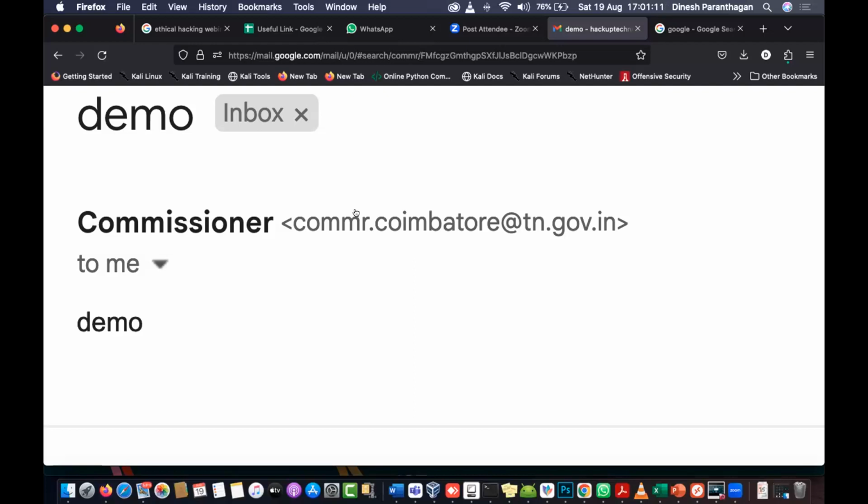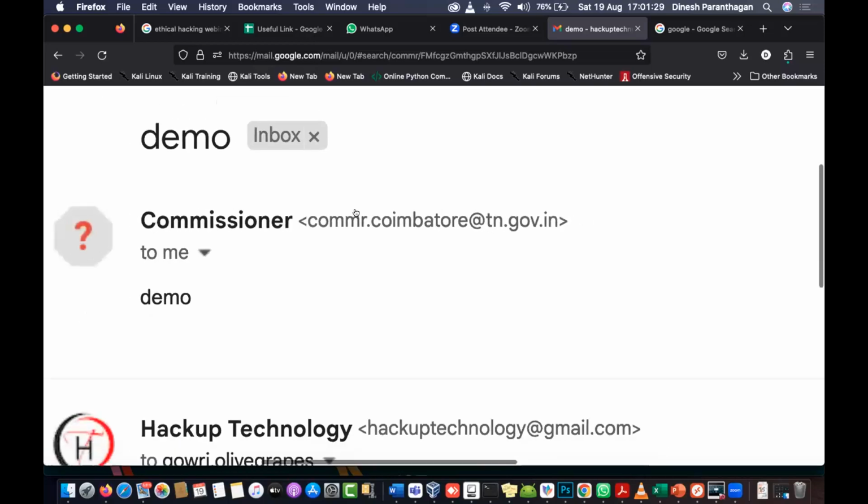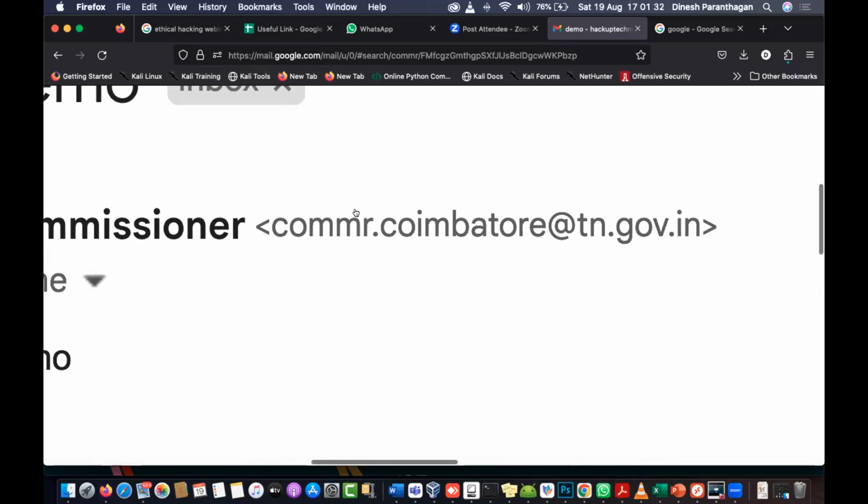In the same way, you may get a mail from your official person or a close person mentioning that there is some need, or asking you to give your credentials for something. So whenever you are disclosing personal information, as the public, what we have to do, how we can process it, and how we can find out whether it is a spoof mail or a genuine mail, I'll explain to you.